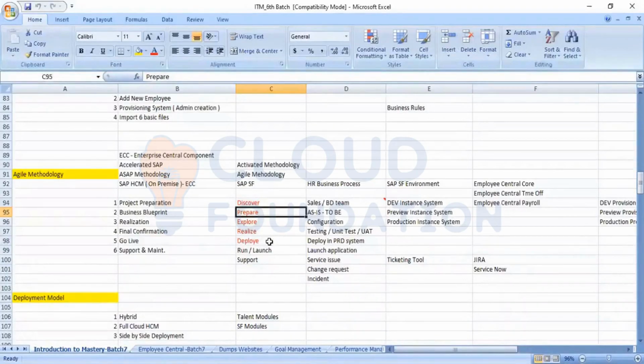And to gather that requirement from a module-specific perspective, they will also have a standard document called a workbook. This workbook is provided by SAP. They will gather the requirement and update the requirement in the workbook. Each module consultant